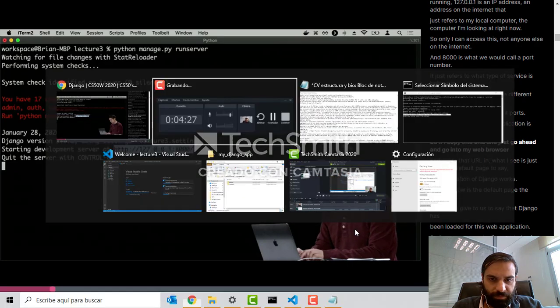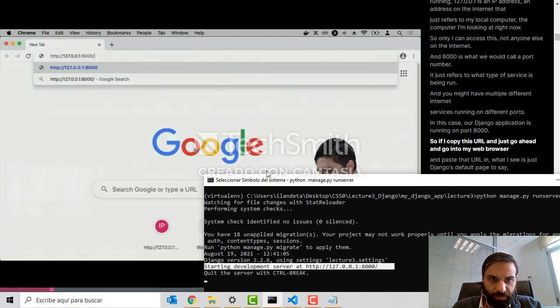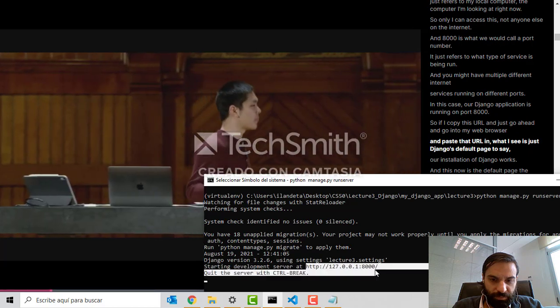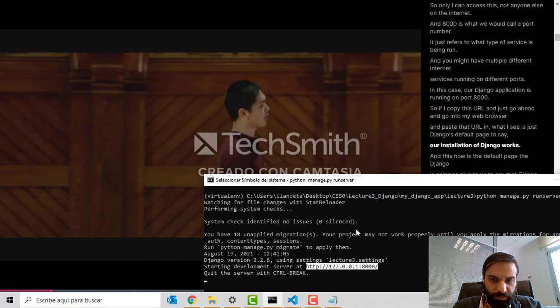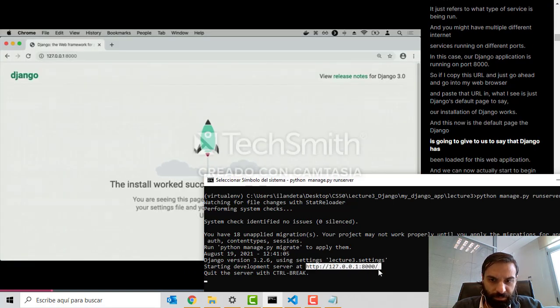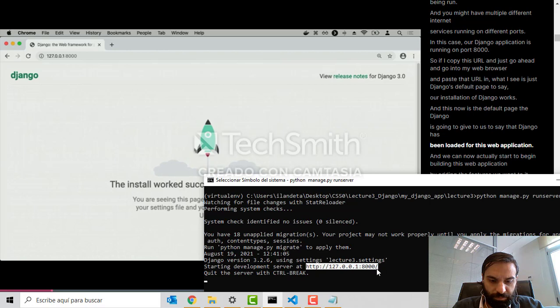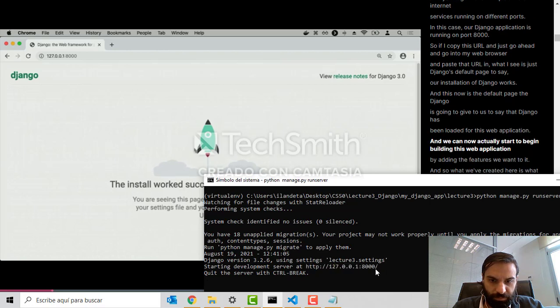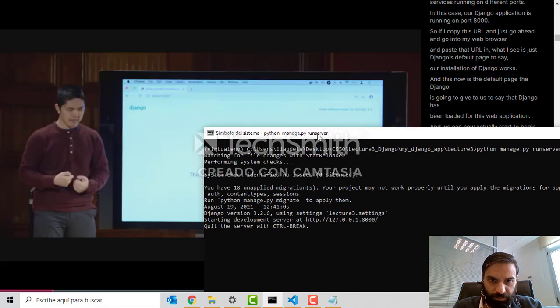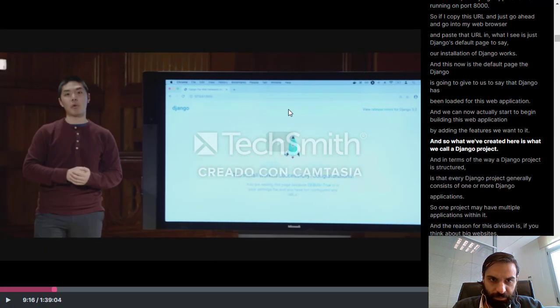So if I copy this URL, and just go ahead and go into my web browser and paste that URL in, what I see is just Django's default page to say our installation of Django works, and this now is the default page that Django is going to give to us to say that Django has been loaded for this web application, and we can now actually start to begin building this web application by adding the features we want to it. And so what we've created here is